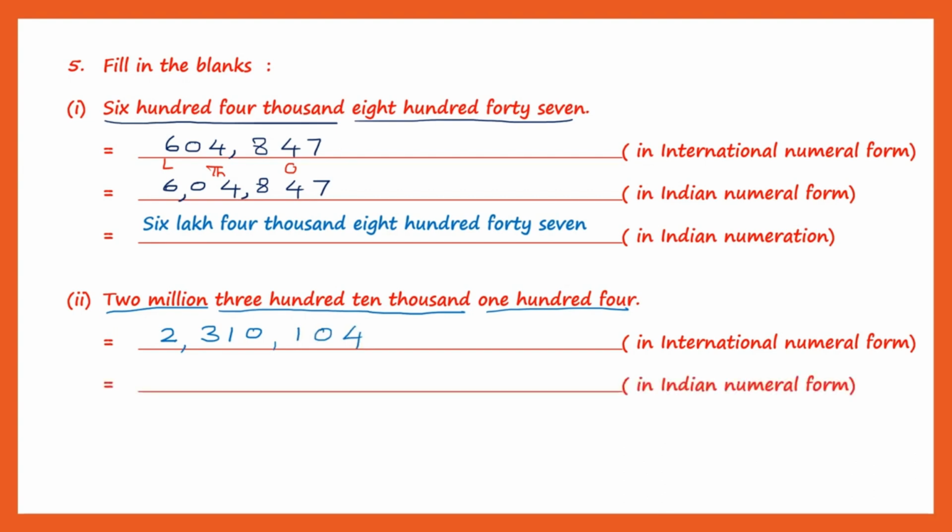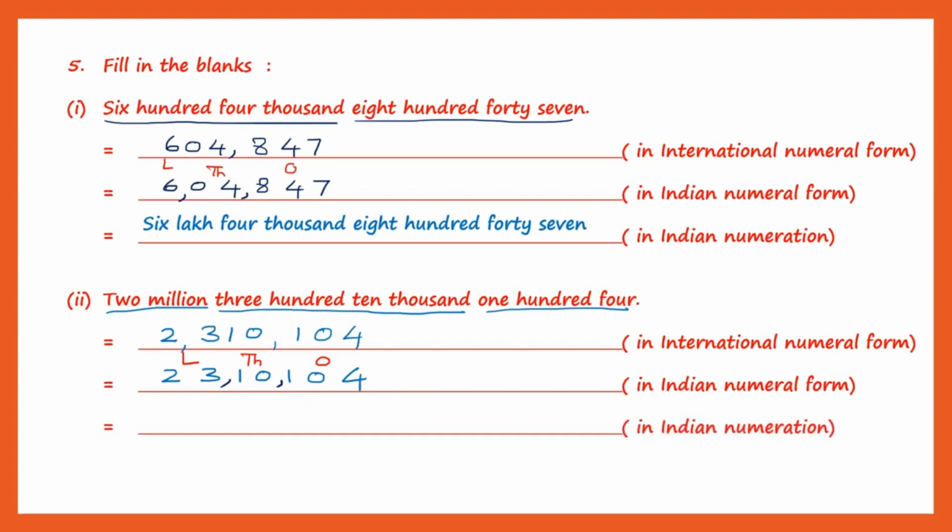Now, if we have to write it in the Indian numeral form, write down the digits 2, 3, 1, 0, 1, 0, 4. Now, let's read it in the Indian system. Ones, tens, hundreds, thousands, 10,000s, lakh, 10 lakh. So, let's place our commas accordingly. Ones, tens, hundreds, comma, thousands, 10,000s, comma, lakh, 10 lakh. So, this is the ones period. This is the thousands period, and this is the lakhs period. So let's read it. 23 lakh